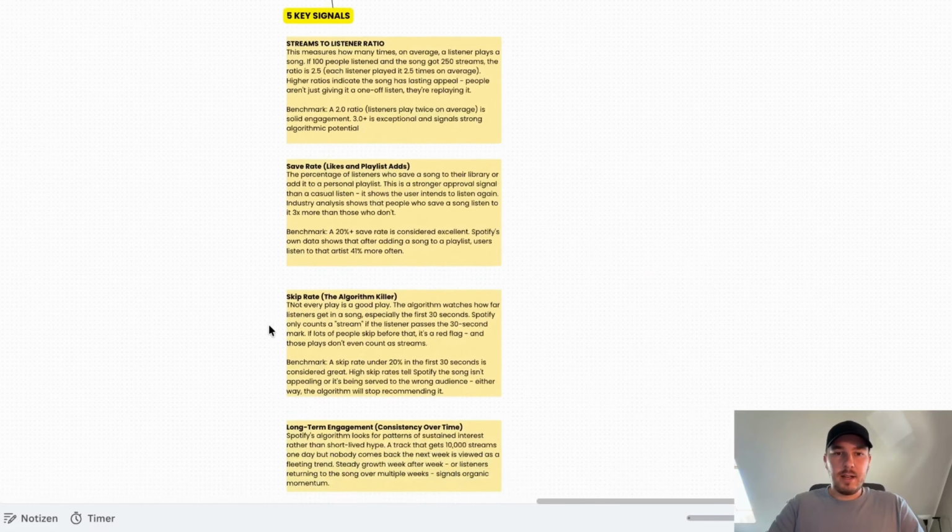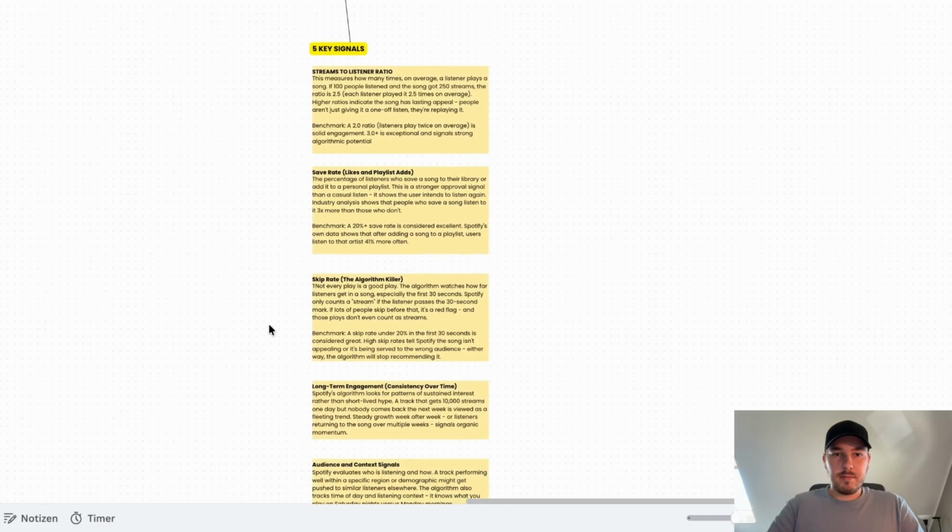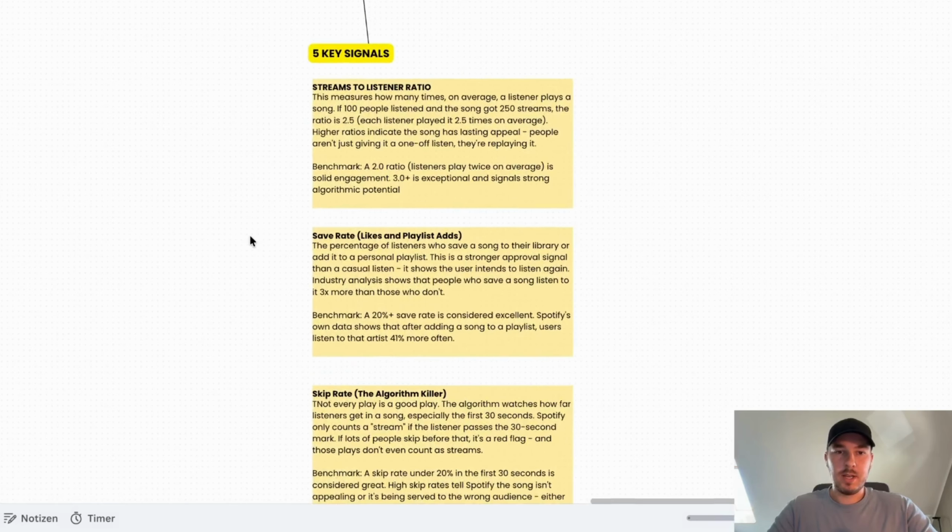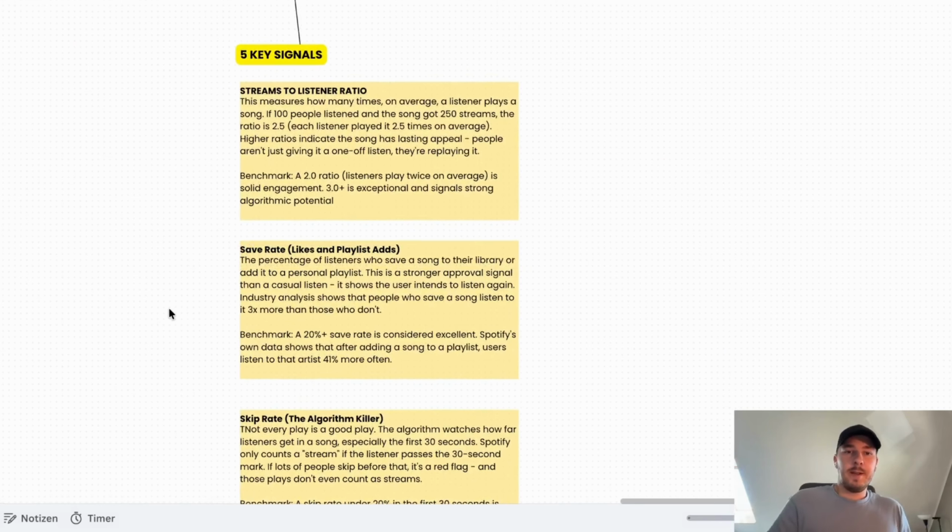And I think these 5 key signals are everything you have to watch while checking your Spotify stats when you promote a song. Streams to listener ratio is: I have X amount of streams and X amount of listeners. And if I have like,